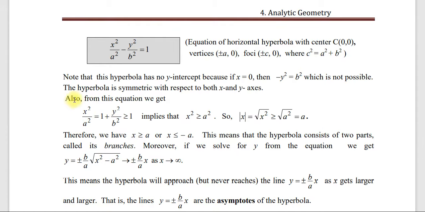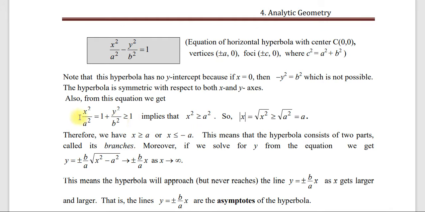So also from this equation we get x square over a square which is equal to 1 plus y square over b square which is greater than or equal to 1. እንደምታዩት greater than or equal to 1 ማለት ይሄ 0 ቢሆን ከ1 ጋር እኩል ነው እንላለን። 0 ካልሆነ ግን greater than ነው የሚሆነው always። ስለዚህ ይሄን ኢኩዌሽን ሪአሬንጅ በማድረግ ያመጣነው implied that x square greater than or equal to a square ይሆናል።